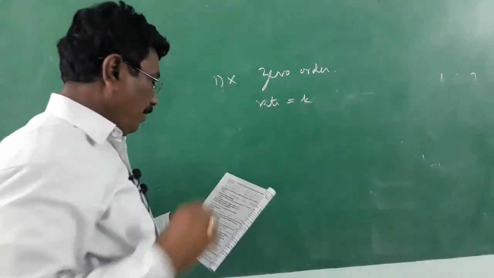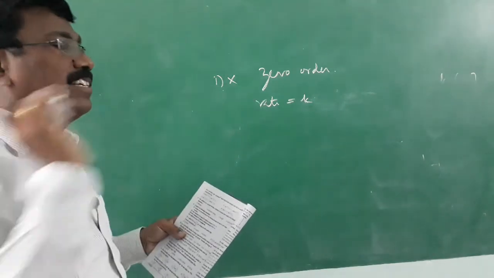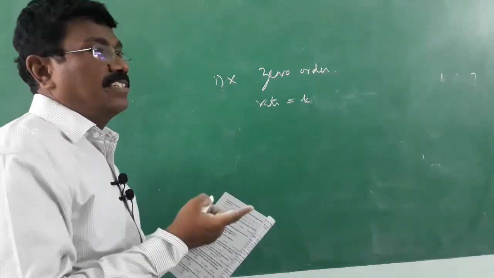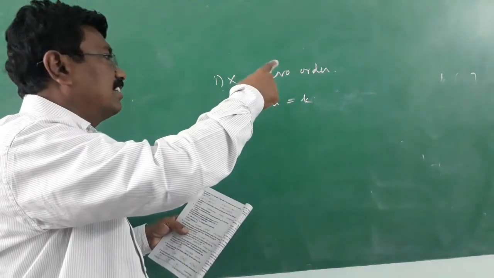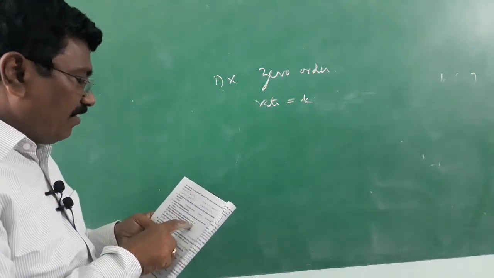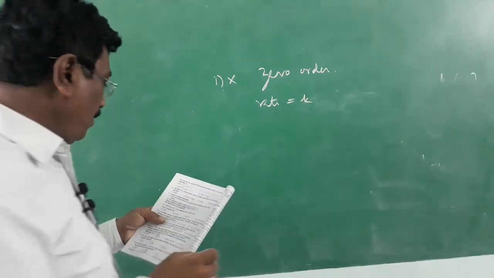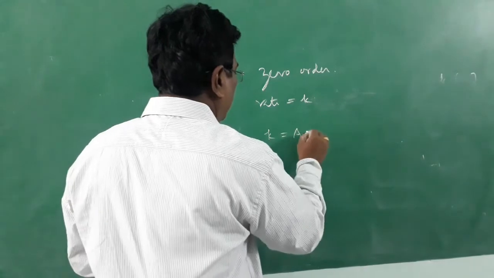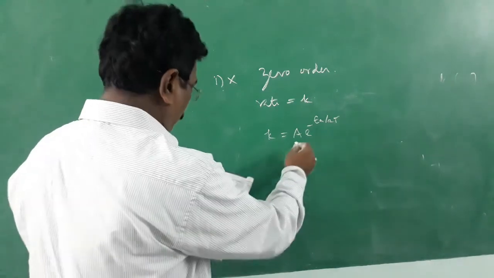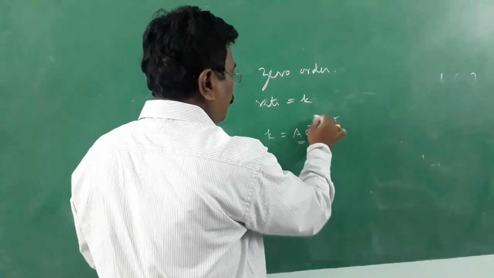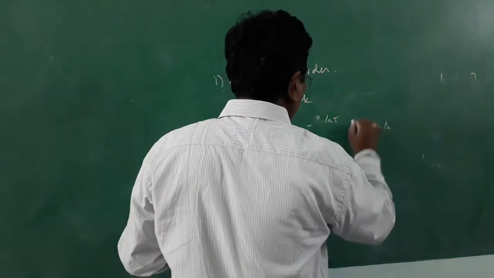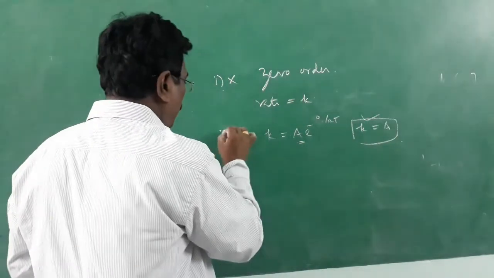For half-life period, of course, it is directly proportional to initial concentration. Don't get confused. For a first order reaction, half-life period is independent of initial concentration, but rate is directly proportional to initial concentration. Now, rate constant K is equal to collision frequency A if energy of activation is equal to 0. K is equal to A into e power minus Ea by RT. Rate constant K is equal to collision frequency when Ea is equal to 0. e power 0 is equal to 1. Therefore, K is equal to A. This is correct. Second point seems to be correct.